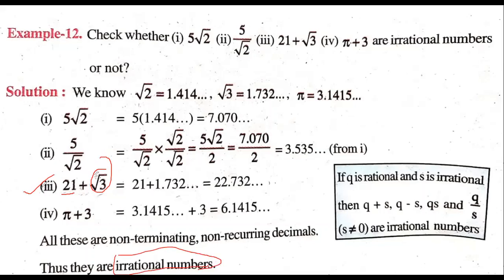Okay, here addition, because the two are different. Here, children, the product 5 root 2. 5 is a rational number, root 2 is an irrational number. The product of a rational and an irrational number is also an irrational number. Division is also an irrational number. Here, children, here also they have given plus. However, pi is an irrational number, we studied that in the previous class.